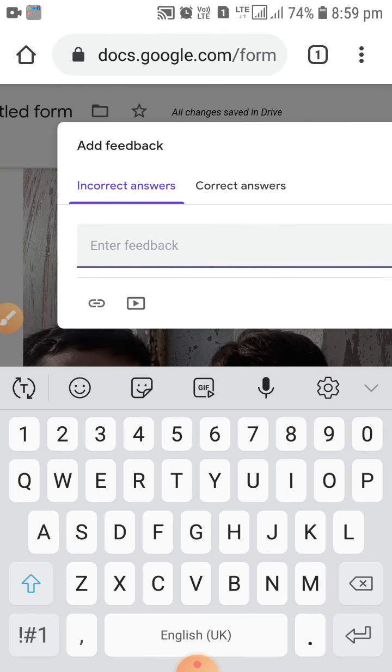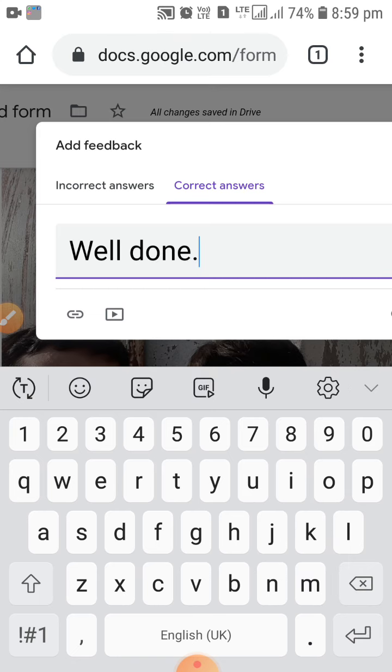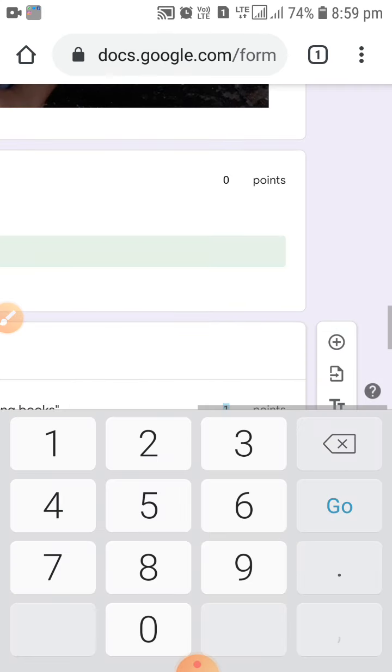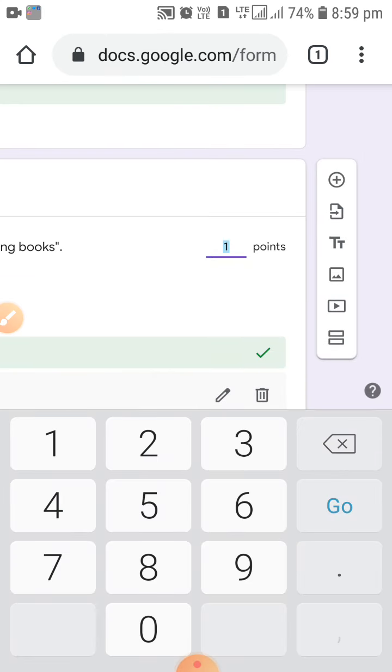For a correct answer, you can write congratulations or well done, like this you will have to write over here, and then click on the save button. So that is the third question, and that is 1 point again.